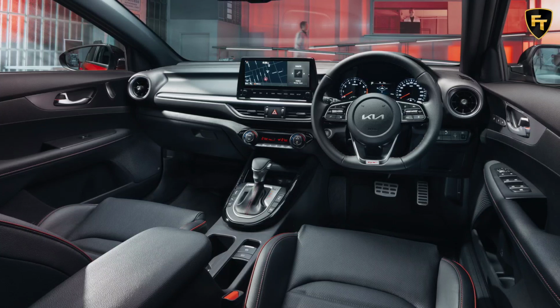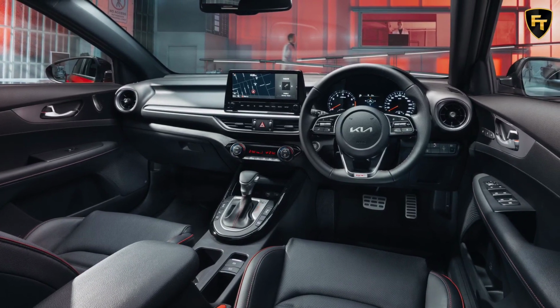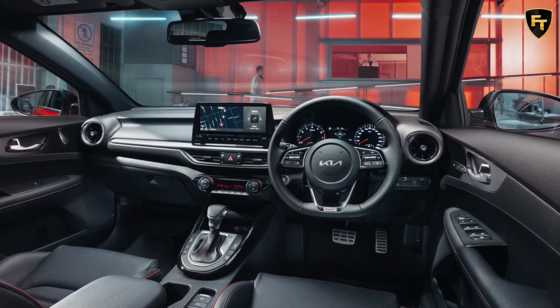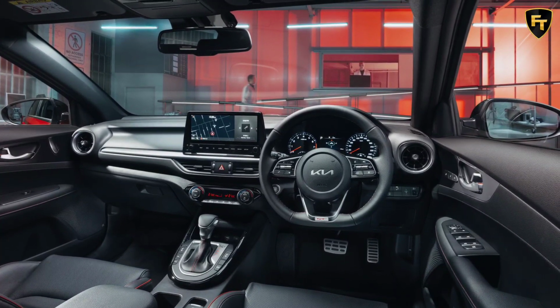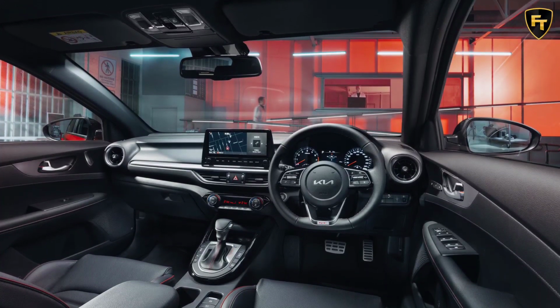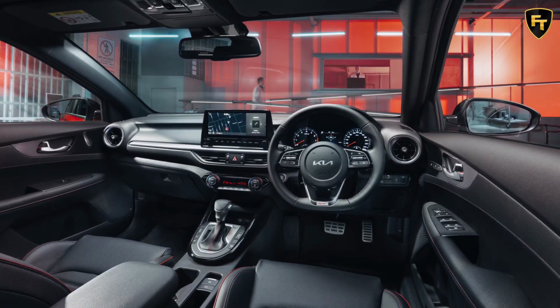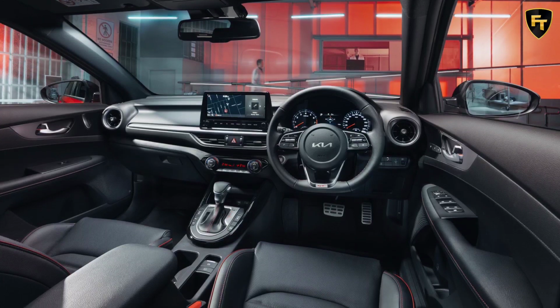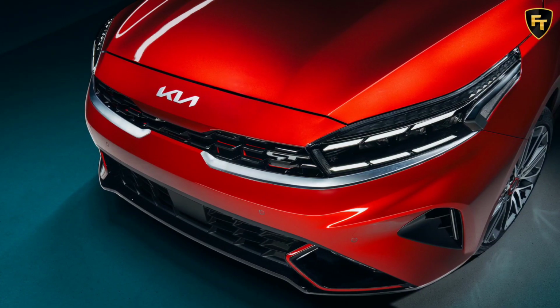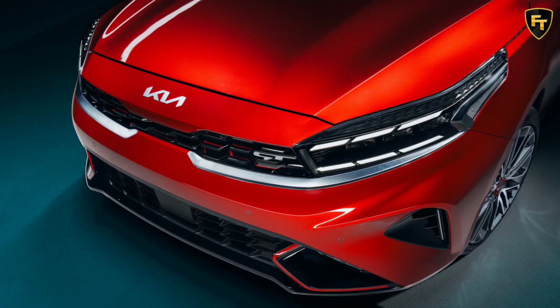and digital radio. The Sport Plus adds rear brake discs, smart key with push-button start, leather upholstery, heated front seats, dual-zone climate control with automatic defogger, auto-dimming rearview mirror, more advanced AEB, blind collision avoidance assist, smart cruise control and electronic parking brake. The safety pack is a $1,500 option on the S and Sport, bringing the more advanced AEB,